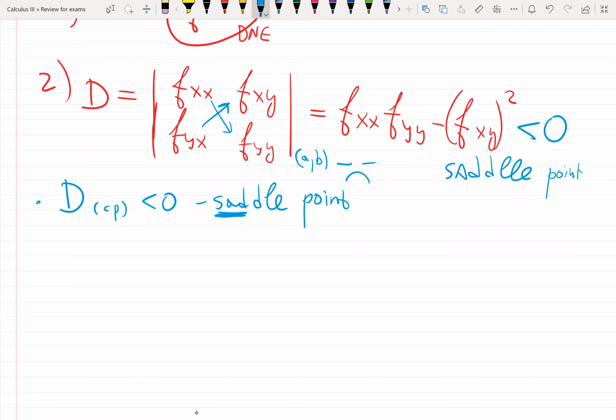The next one, I am the one teaching it this way. If at the critical point it's positive, then we don't know the answer right away. We have to check the first element of the matrix, which is the second derivative with respect to x and with respect to x. If that one is negative, let's actually do it, yeah, negative, then